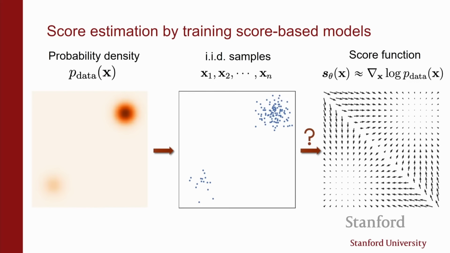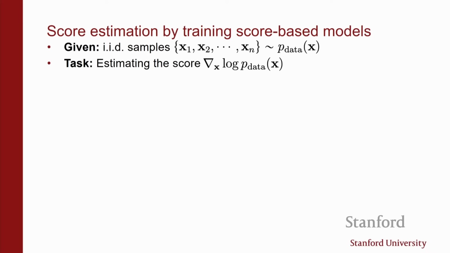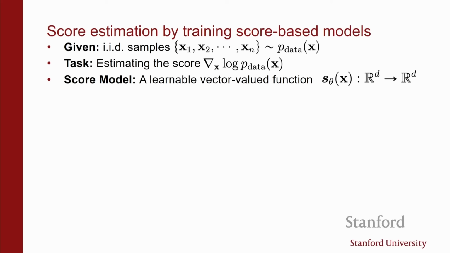We're going to try to fit score models directly to data. So the problem is this: you're given IID samples from a data density, which is unknown, the usual learning setting, a training set of samples from some unknown data distribution, and you want to estimate the score of this data distribution. We're going to think of a model family, which is a set of vector-valued functions parameterized by neural networks. As you change theta, you change the shape of the vector field. And the goal is to choose parameters so that the vector fields are similar.